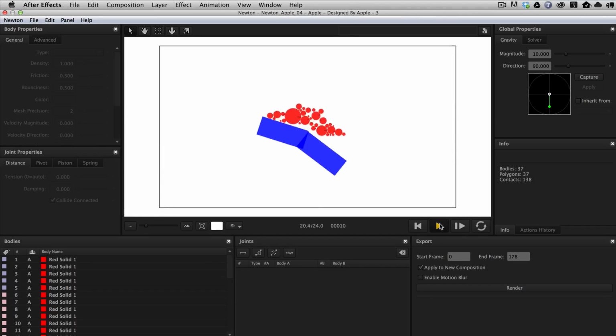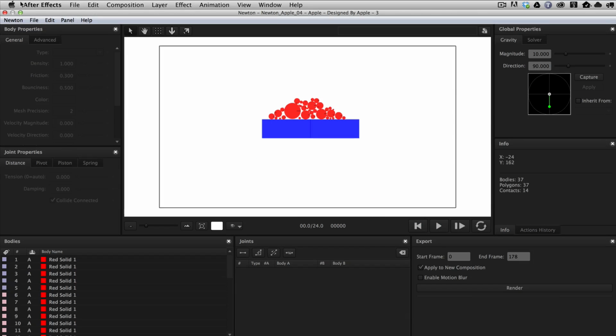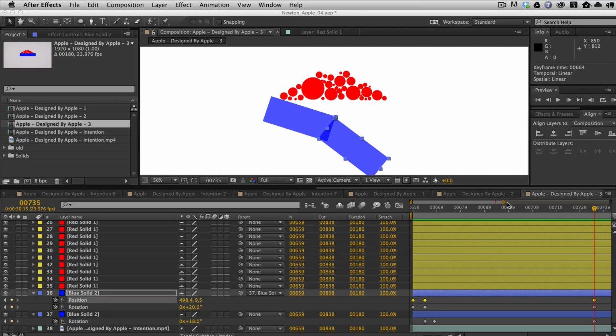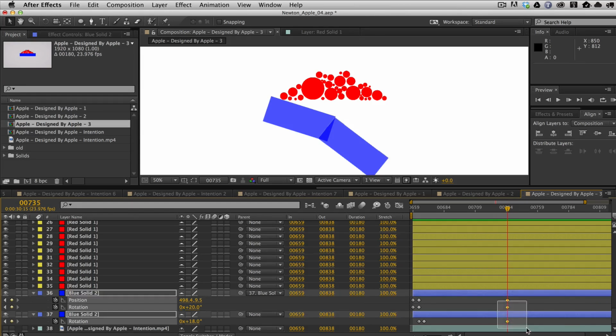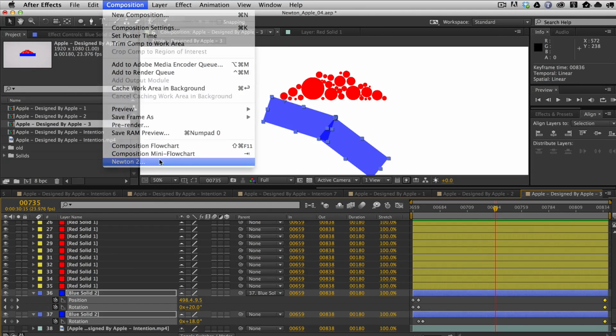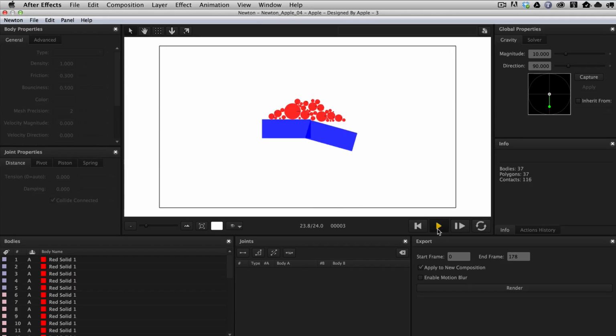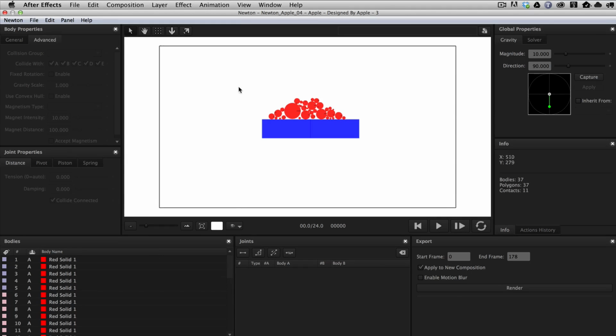and it's already remembered my settings. So now if I preview it, you can see that now it stays in place because you can see there where the last keyframe was. So I can actually probably go and make sure that those last keyframes are further down, all the way to the end here. So now when I go back into Newton and I preview this, you can see that basically this animation is done for us. And all of these other guys, I just left to their default setting of being,